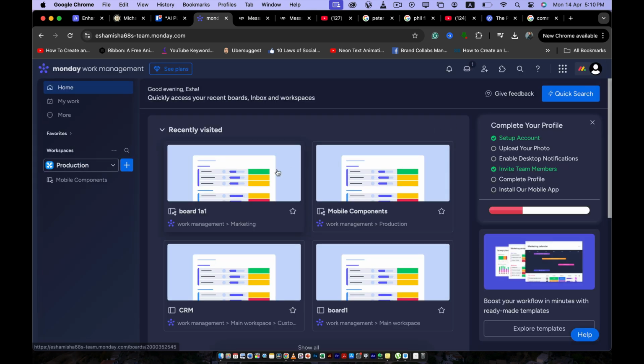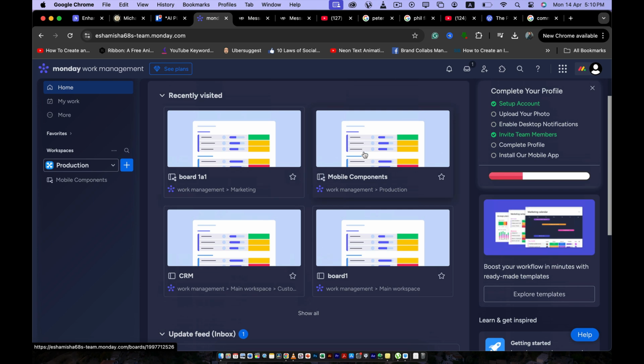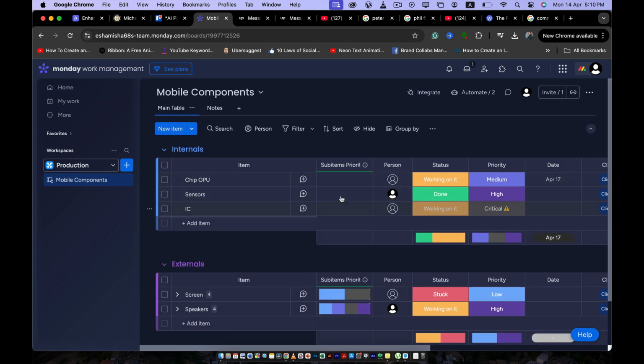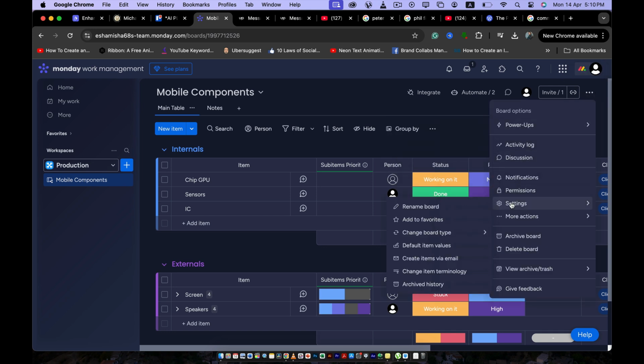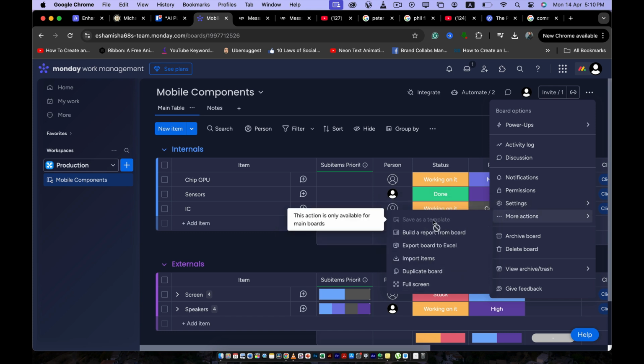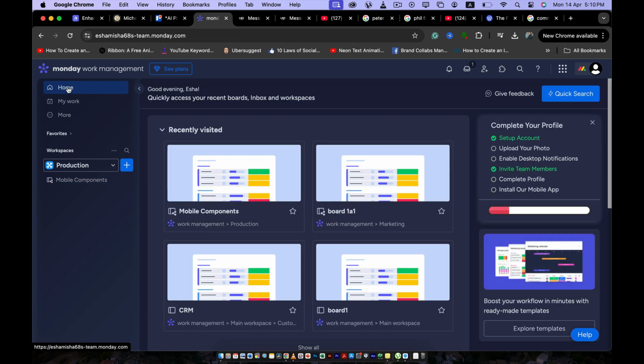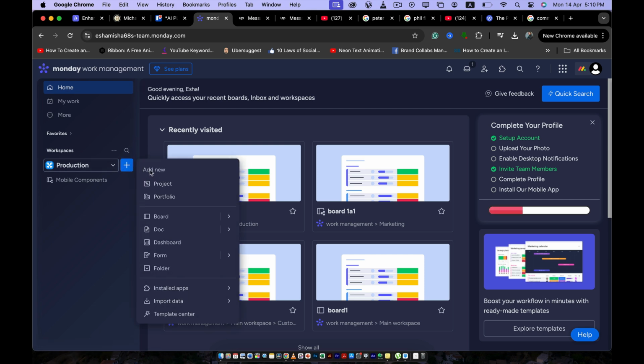Now, for example, if you want to save one of your boards as a template, for example, this is my board and I'm working on it. Now I need to save it as a template. What do I need to do? I need to click here and then go to settings, and here, let's see where we can save our template. Okay, so we can't save it because I've already used it as a template myself. So I used a template to make it, but let's go and create our own board,